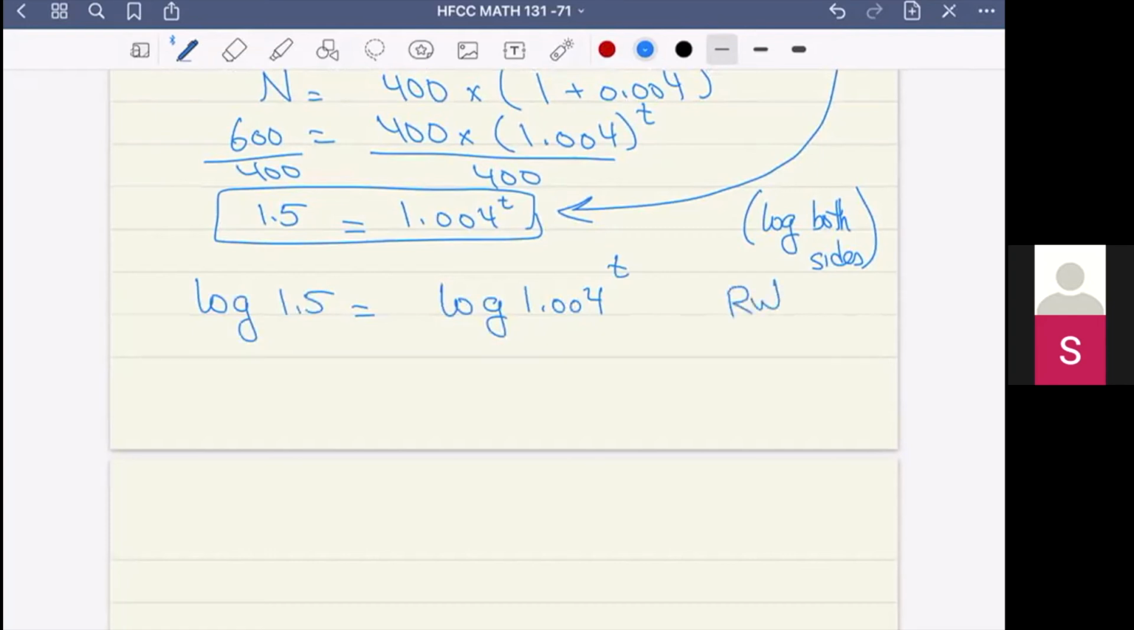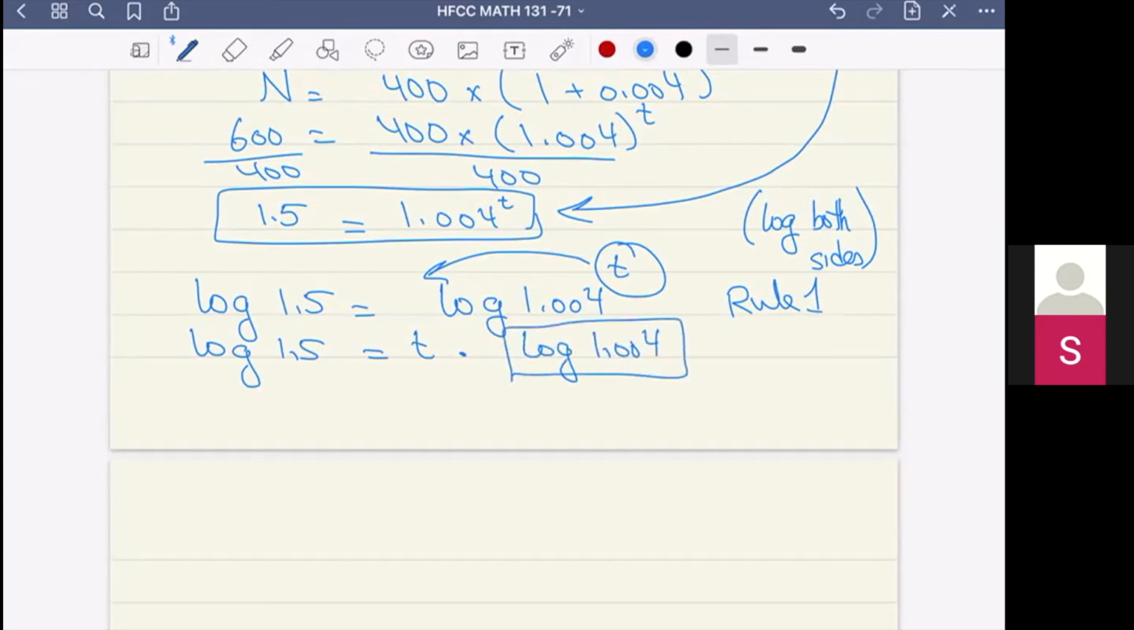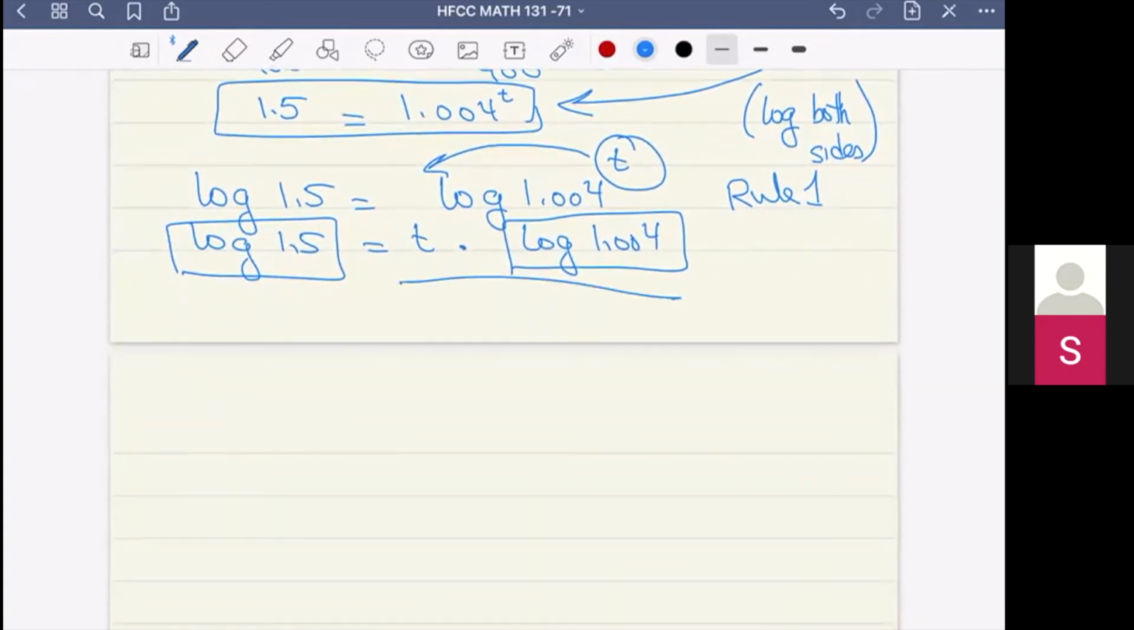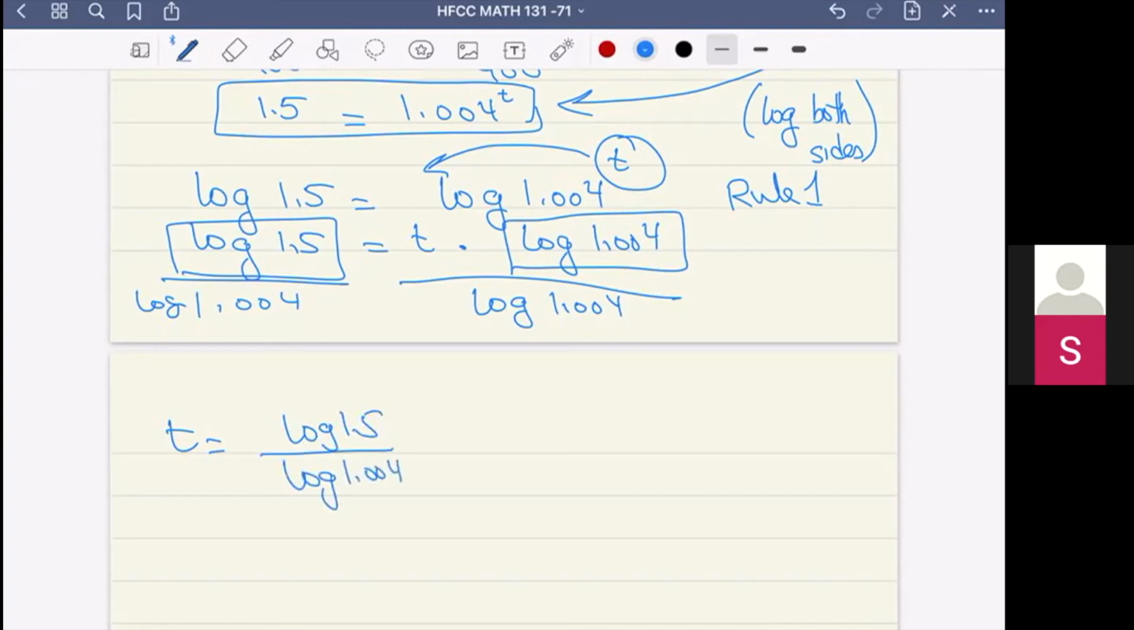And applying rule 1, I bring the t down. So now I have log of 1.5 equals t times log of 1.004. Now, one thing I want you to remember is that this is a number. You can just plug it into the calculator. And this is a number also, you can plug it into the calculator. So divide both sides by log 1.004. So I'll get t equals log of 1.5 over log of 1.004, which would give me